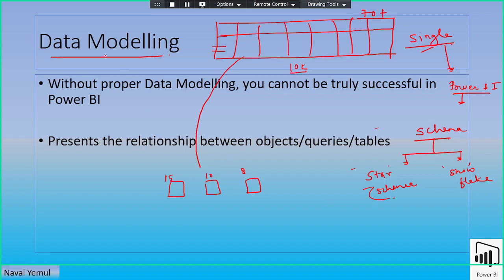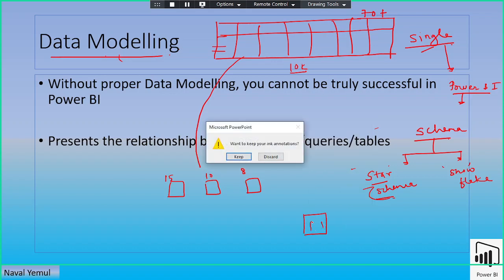Data modeling is all about getting a good model so that your Power BI engine will work more efficiently, and it will give you all the correct results and correct visuals when you have a proper data model. In this case, it can be a good star schema data model. Star schema means you will have one fact table,